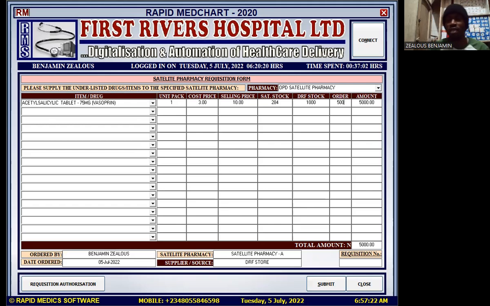But some person, instead of clicking 500, will go and click 4,600. How do you expect the person in the store to issue this quantity? Now remember, in the pharmacy store, we don't do open packs. We do whole packs. So that will help us if we understand this part. Having done this, the next thing you need to do for the day is to go to